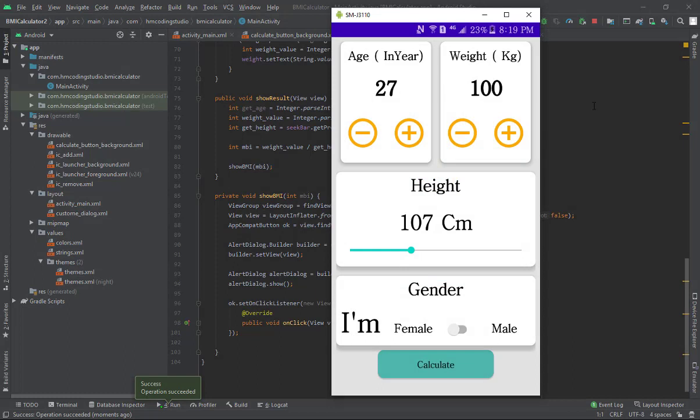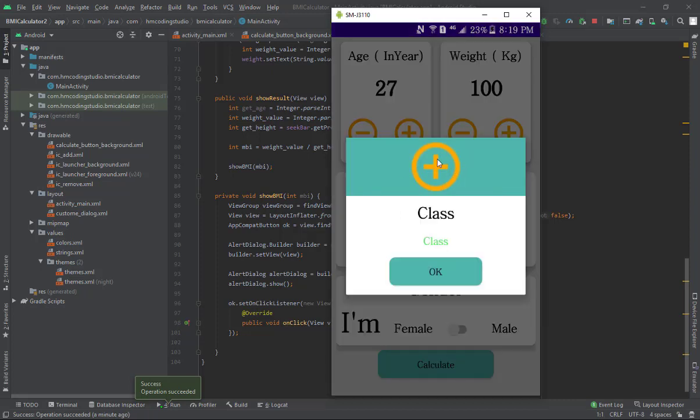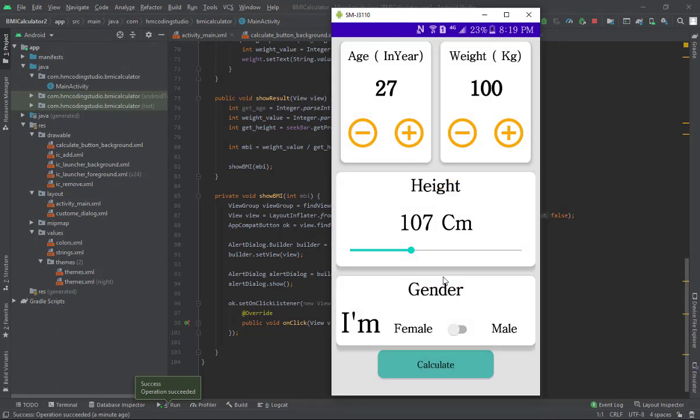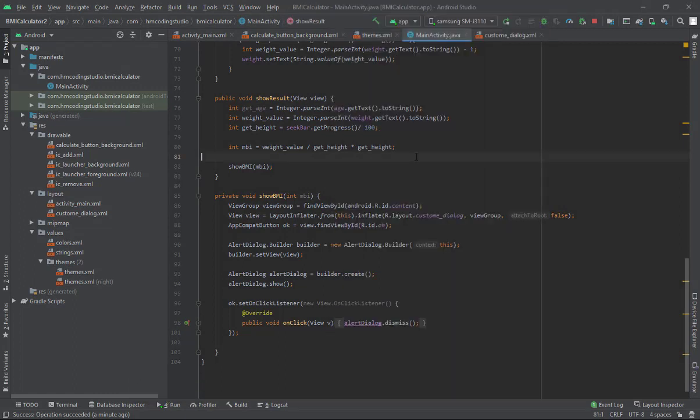Now the last thing we need to do before completing our application and publishing into Play Store is to change the icon of our dialog view based on the result, and also we need to change the class, and also we need to add some suggestions or tips inside this text view, and we will finish our application. And now let's go to the main activity, and in here we will start